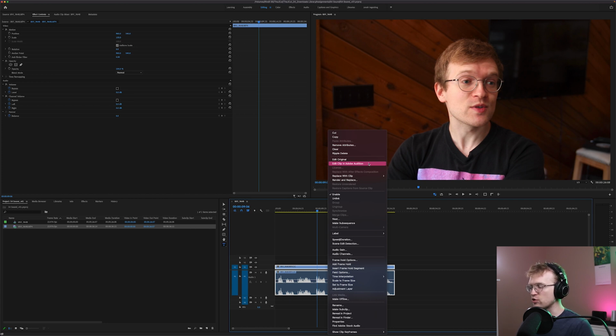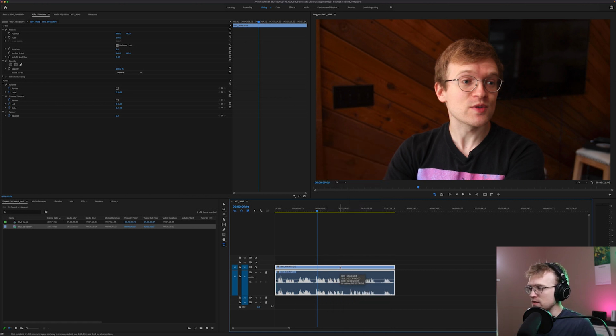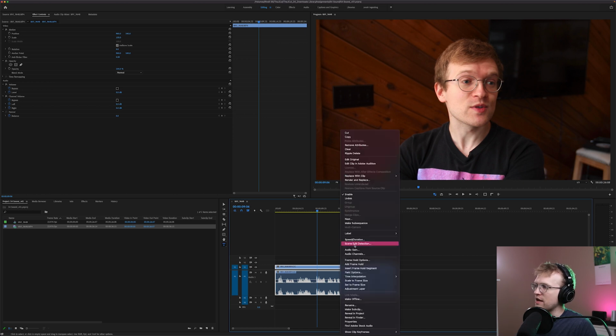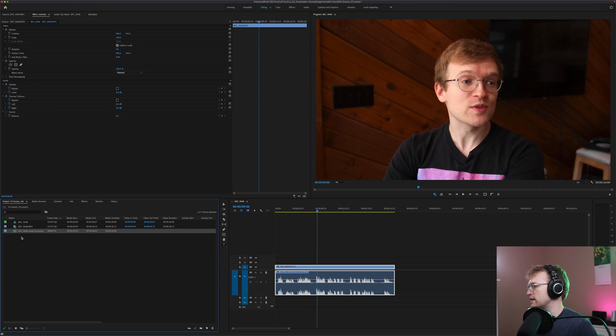Adobe Audition has a tool for noise reduction and removal that's way better than anything in Premiere. You don't have to do this. You can skip this section if you don't have the entire Adobe suite, but I do recommend this. So you see it renders and replaces. It makes a new extracted audio clip, and now it's launching Adobe Audition.